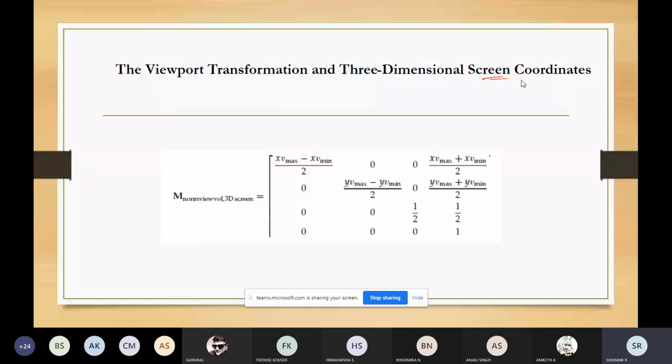For 3D images, for the 3D view volume, we have a depth coordinate also. When you're talking about 2D, it consists of only two parameters, length and height.